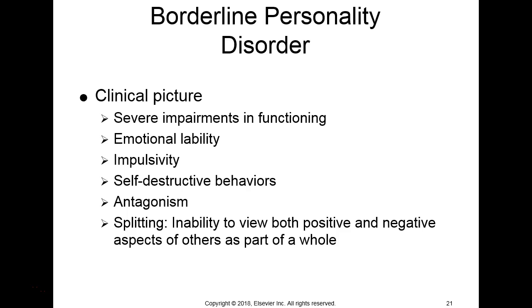So that is the inability to view both positive and negative aspects of others as part of a whole person. So in other words, they kind of put people into two camps. So when they're admitted on the unit, there are certain nurses that they may have a very positive view of, and we used to call it like the good mother and the bad mother. So if you were in the good mother camp, that meant that that person saw you as all good. Anything you do would be just fine with them. It's just perfect nursing interventions because you're the good mother.